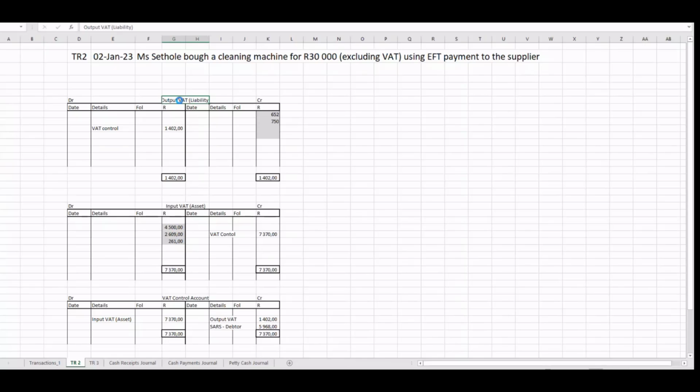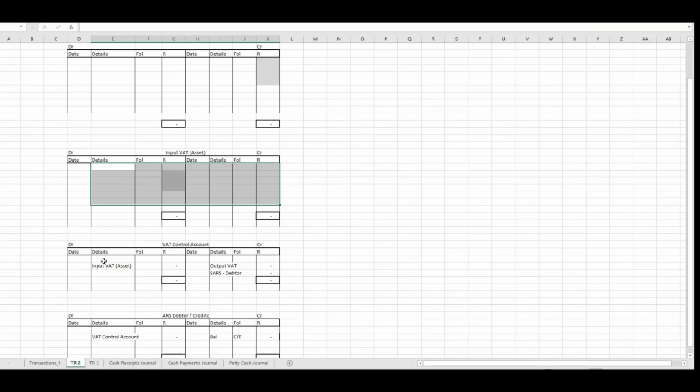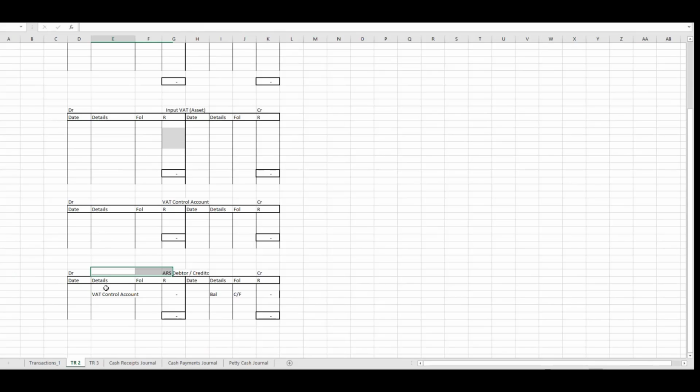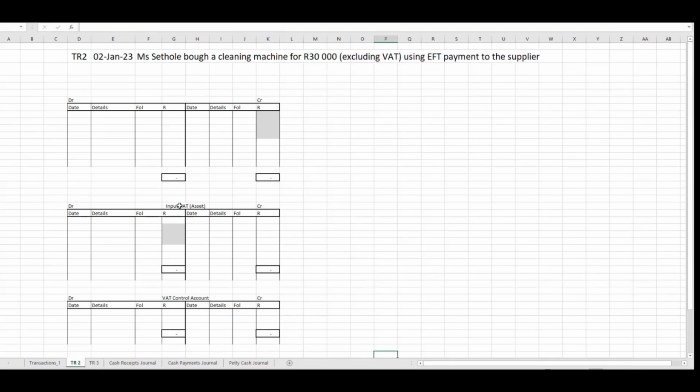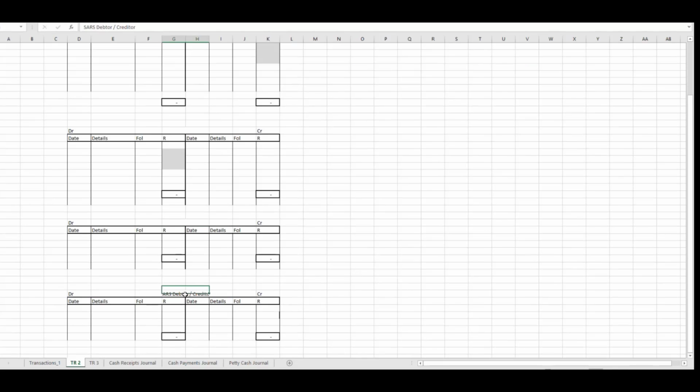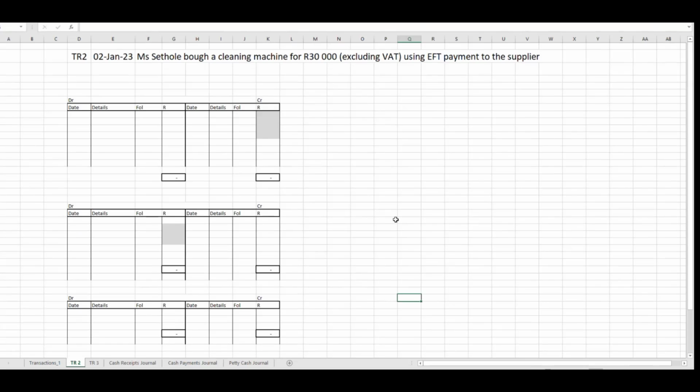Okay, I'll just delete the names and whatever figures are inside so that we don't get confused. We'll juggle between the two sheets when we want to refer to VAT transactions. We've already done this, but for the purposes of completeness, I want you to see the bigger picture. What we've done on transaction number 2 and transaction number 3,